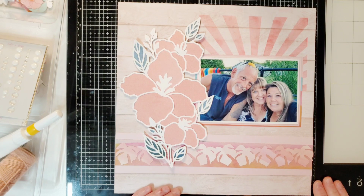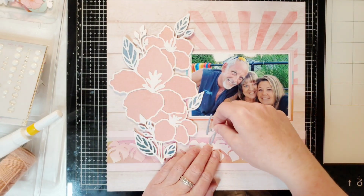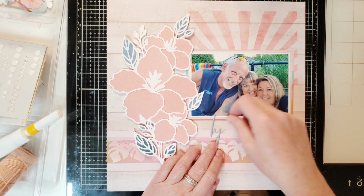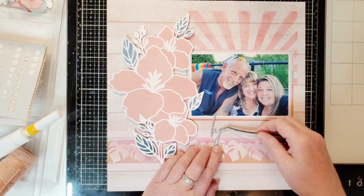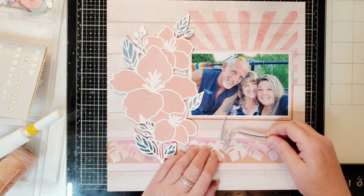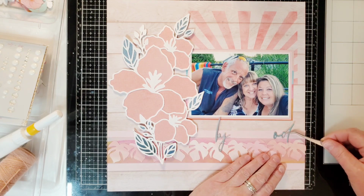like that. See how that stencil is just so cool? I have this title. It's going to say by the pool, and I'll show you more about that in a minute. I just want to kind of gauge where I'm going to want this to be. And maybe I want it to be like this. So I'm going to spell backwards, and it's going to say pool